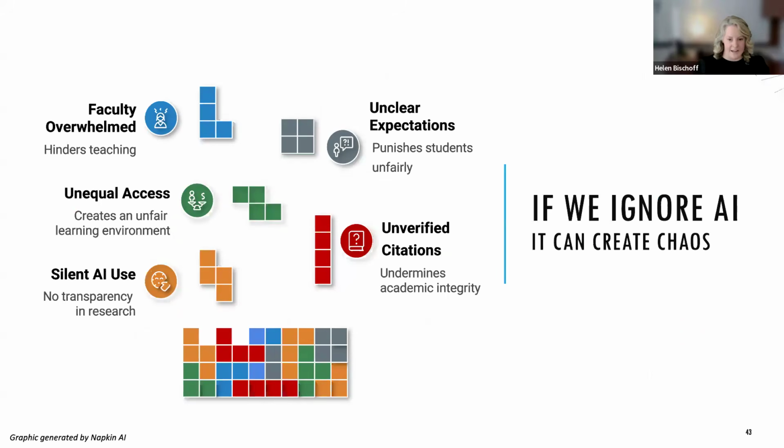If we ignore AI, it's going to create chaos. You'll find that students will self-regulate. There's going to be inconsistency, and the vacuum sometimes gets filled by just pure guesswork. And so last,